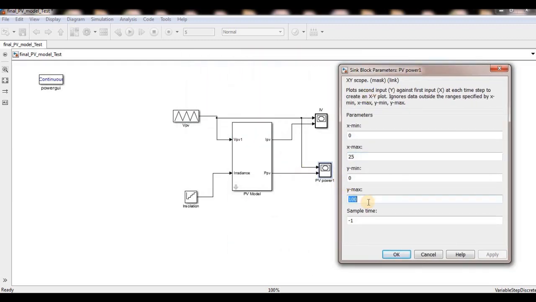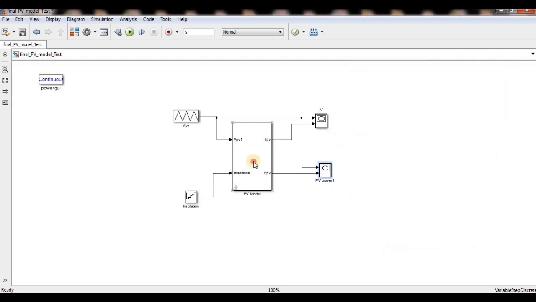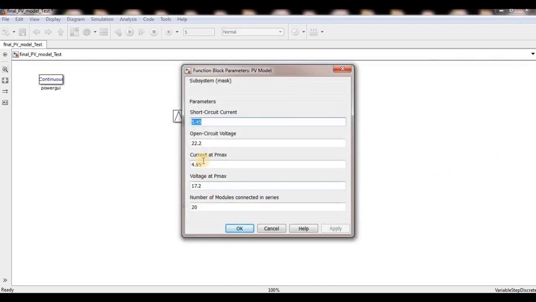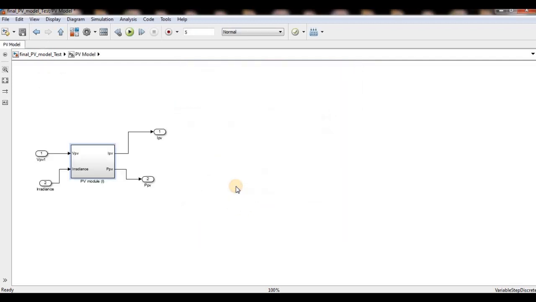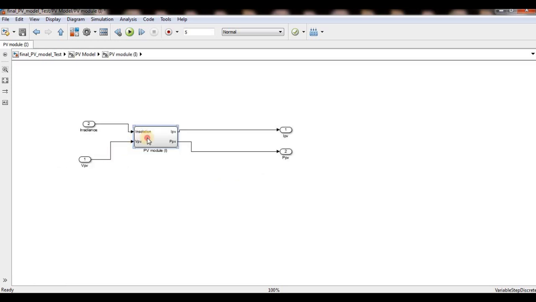Power is maximum 100 watts, because 17.2 into 4.95, and this is the power for one module, not for the complete 20 series modules. It won't be affected. I told you that it won't be affected here, because I modeled it for only one, because I didn't add this small ns.